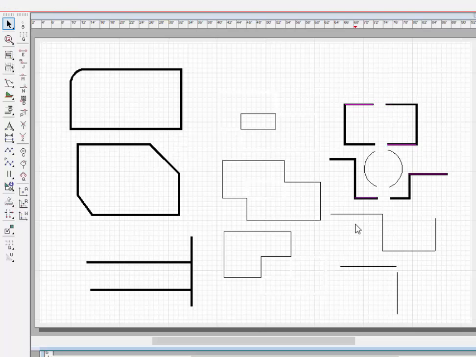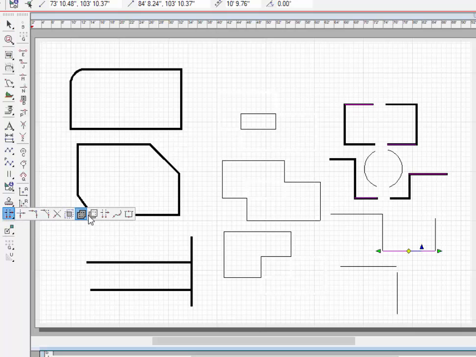Okay, the next one is the Trim Join tool. Now before I select the Trim Join tool, I want you to notice, I'm going to go in here, and the lines that I have here, these are all just line segments. They're not a polyline like this one here, which is a polyline where it's point A to point B to point C to D and so on. These are just point A to point B, so you have just a straight line that happens to have common endpoints. Now the Trim Join tool allows us to join these lines together into a single